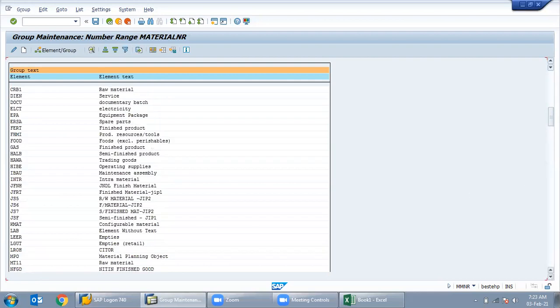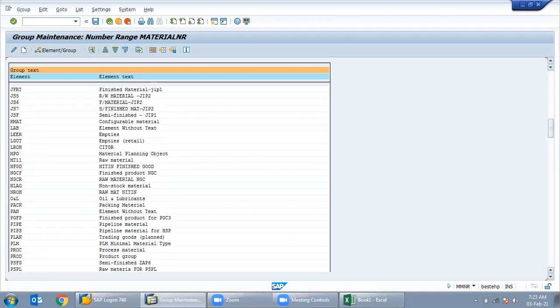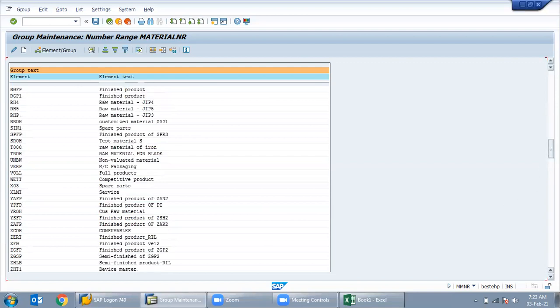So suppose we have created a material type. By default, the material type is here in all material types only. So we have to pick up that material type from here and assign it to our group. That I did right now.